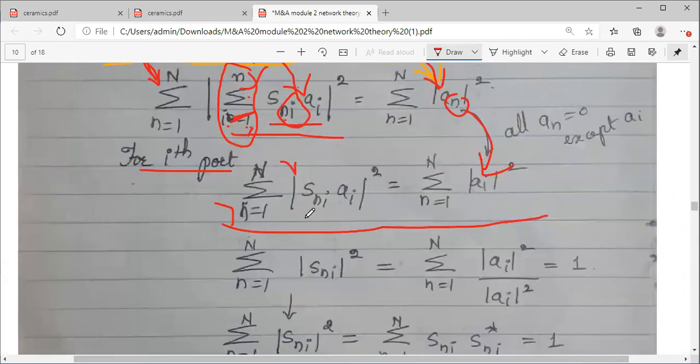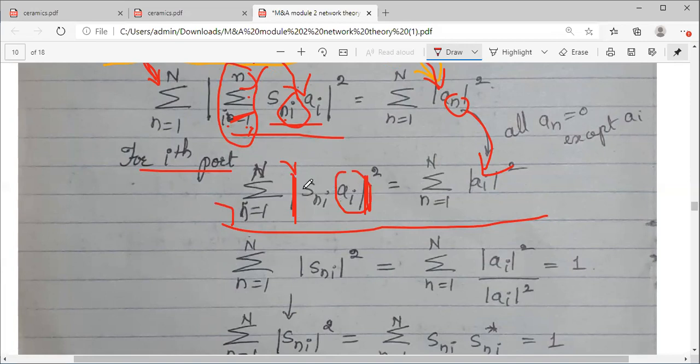And here again some simple mathematics. Whatever this a_n is, I'm taking only the magnitude, because traveling waves have their own amplitude as well as phase. And you have seen the phase shift property also: whenever the reference planes change, the phases will change. That's why we take e raised to j phi as a parameter. So I have to consider the mod, which indicates only magnitude. I'm not considering the phase here.